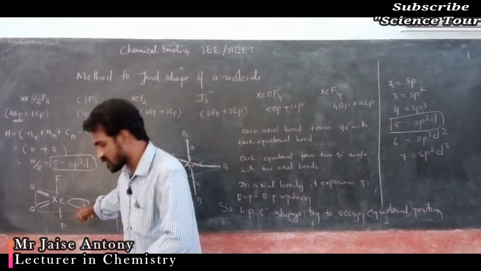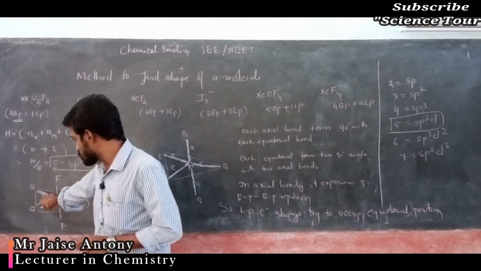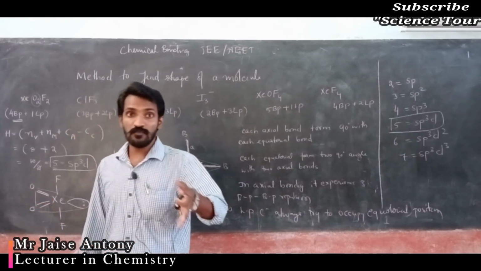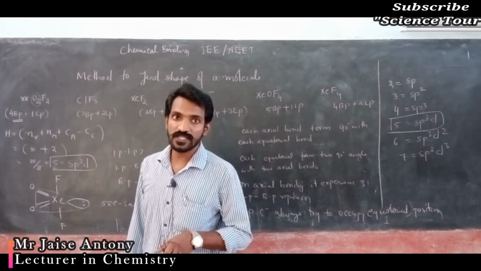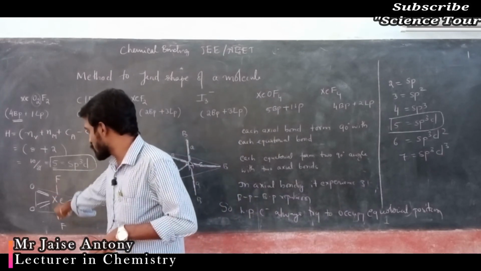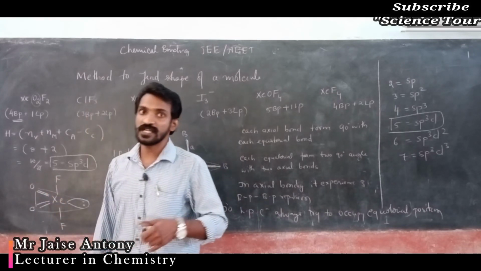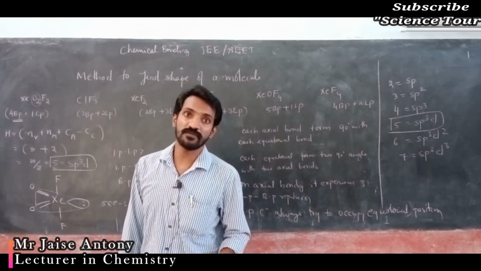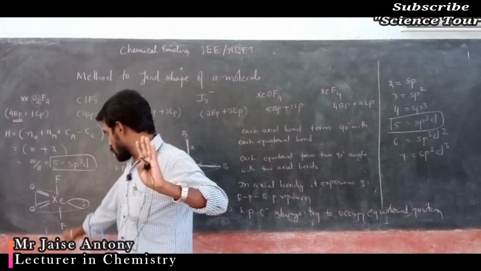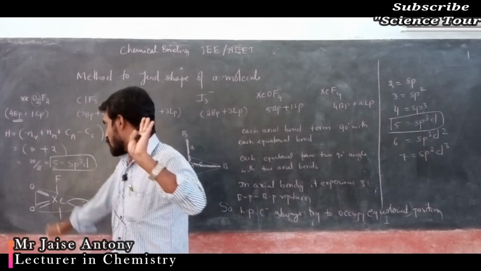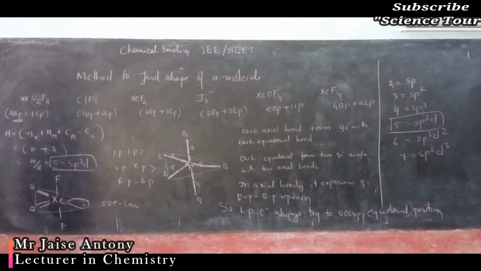Always keep the lone pair of electrons here. At the same time, always keep the double bonded oxygens also in an equatorial position. Why? To avoid repulsion. If I place oxygen in the axial position, it gives more repulsion because more electrons are there, so I place the fluorines in axial positions. So remember, the lone pair of electrons and the oxygens should be in the equatorial positions. This is the first shape. Over.